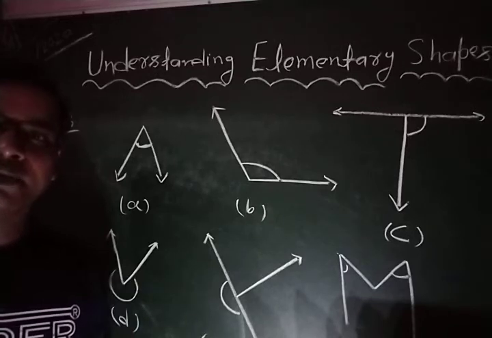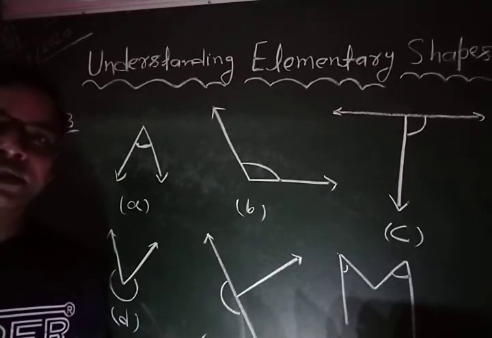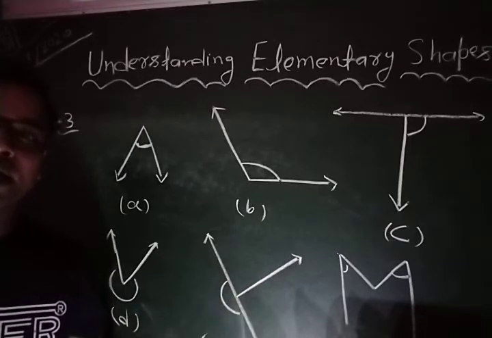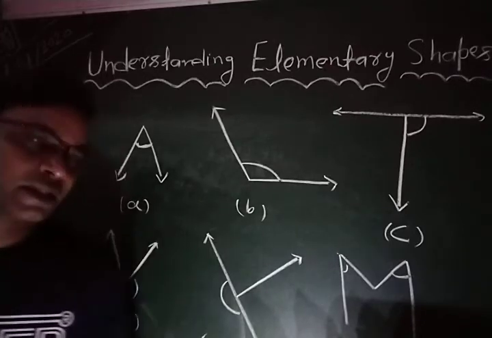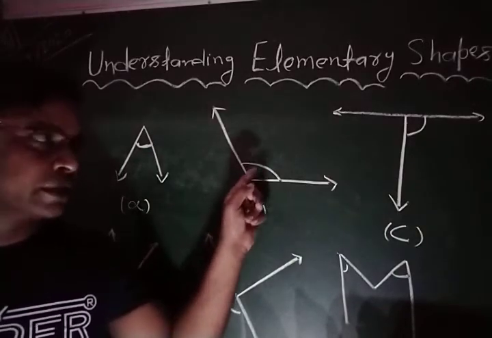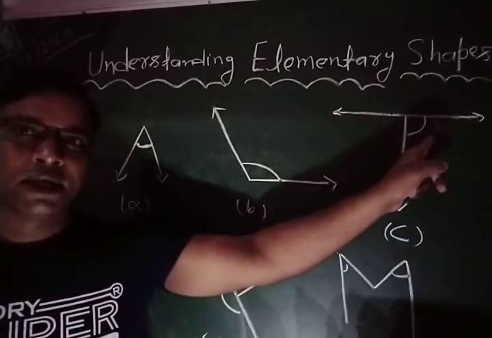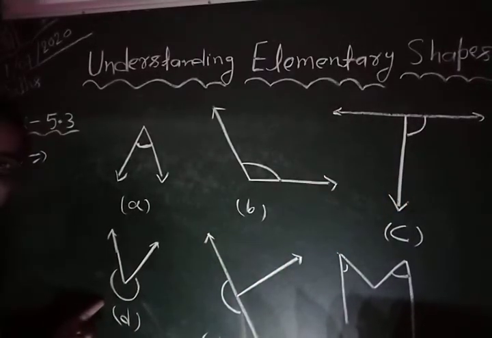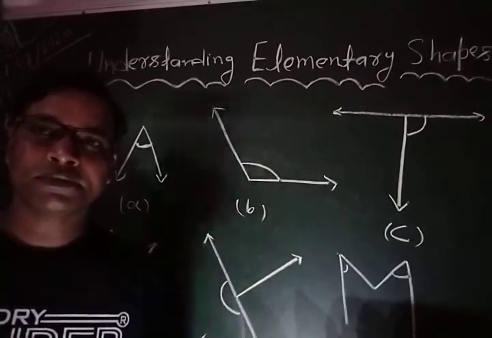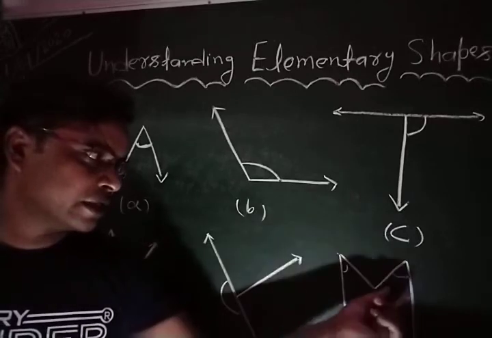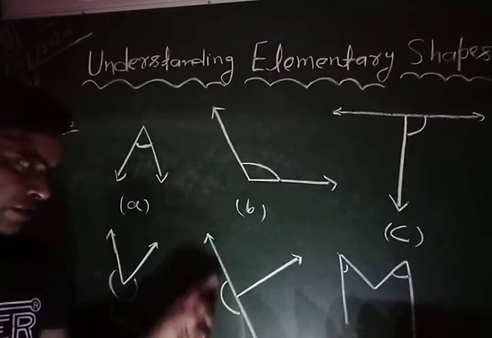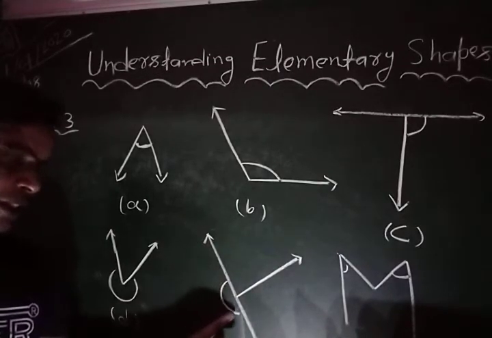So I hope all of you understood what is acute angle, obtuse angle, right angle, straight angle, and reflex angle, and you are able to recognize them. Again, see, this angle is called an acute angle, this type of angle is called an obtuse angle, this angle is called a right angle, this is a reflex angle, here you can see this is the straight angle, and here you can see this is an acute angle, because it is less than 90 degree and greater than 0 degree. This is a straight angle, because it makes a straight line.